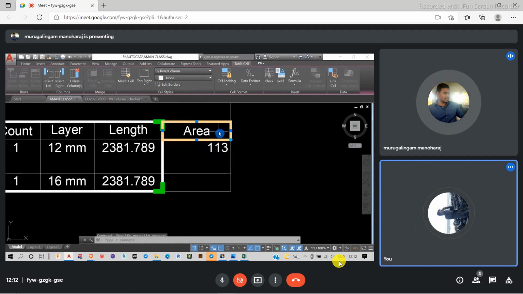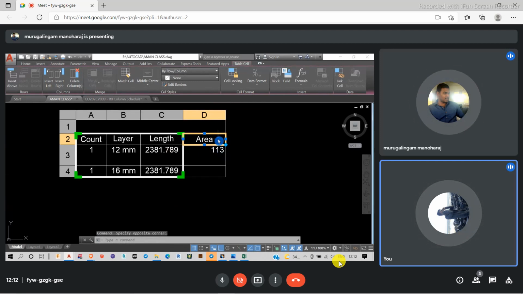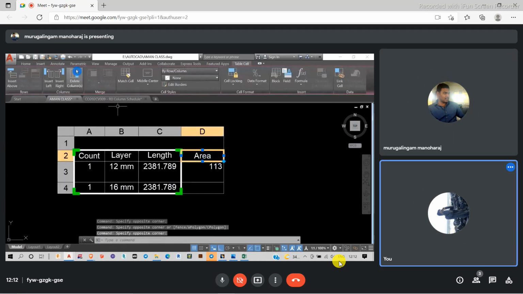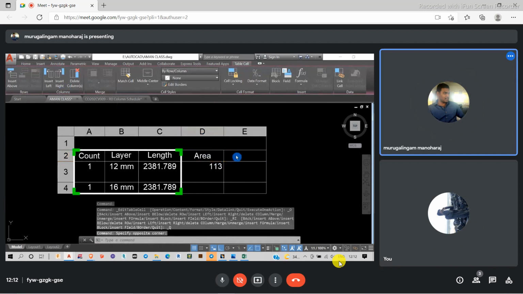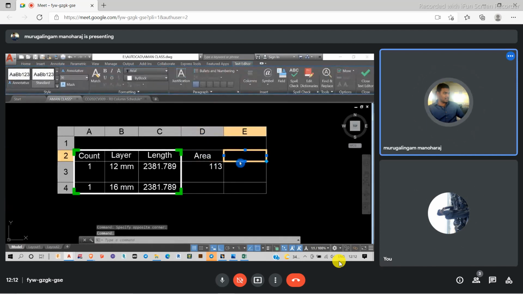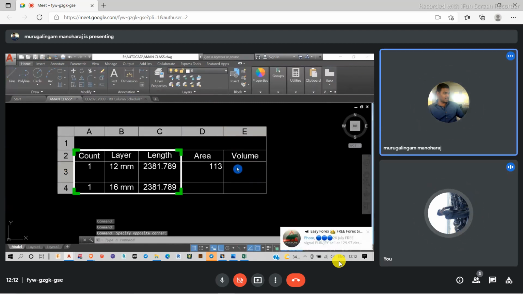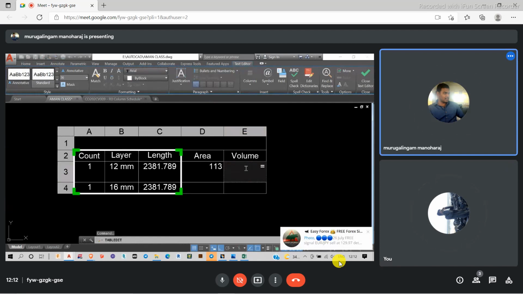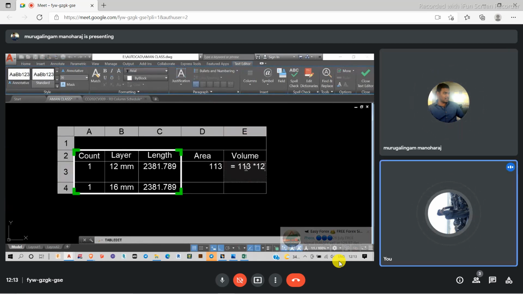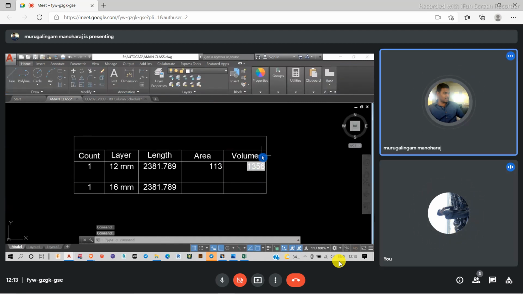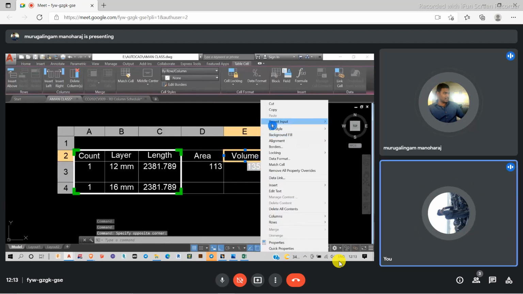Then what I have to do is calculate the volume here. It's going to come as volume. So volume is equal to 113 into 1356. After creating the volume, what I can do is